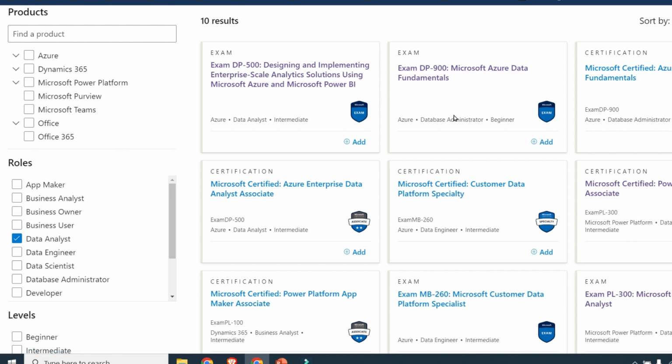And then after that, so you can see here it's beginner. After that, you would sit the intermediate one if you want to. You don't have to. But if you really liked it and you're into it, I really recommend doing this one. This will just take your skills into the stratosphere. So it's designing, implementing enterprise scale analytics solutions using Microsoft Azure and Power BI. So here you're getting more into the data engineering and data scientist levels. But again, the more skills you have, the better.